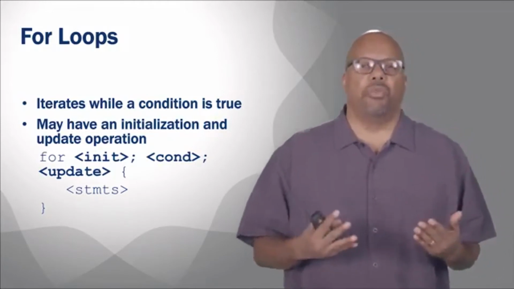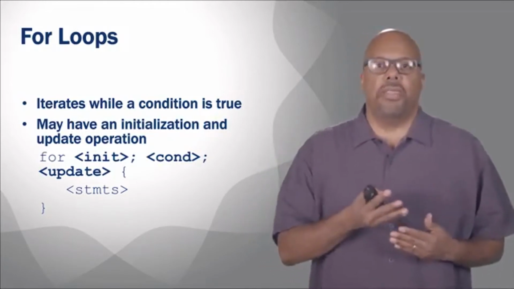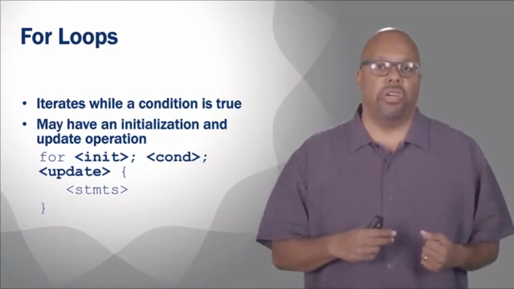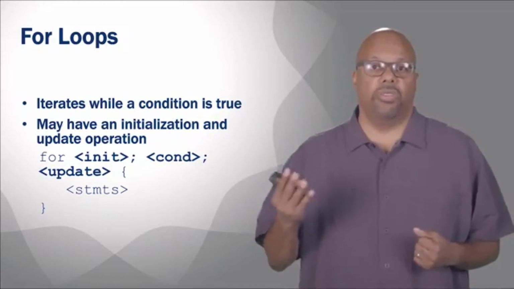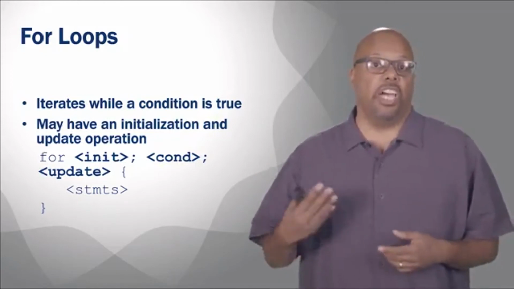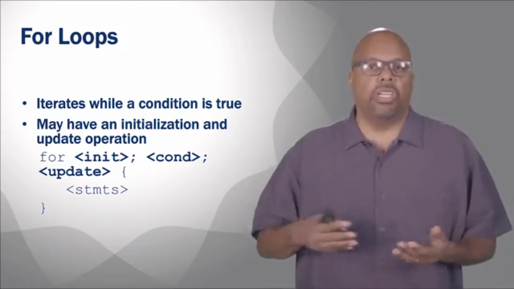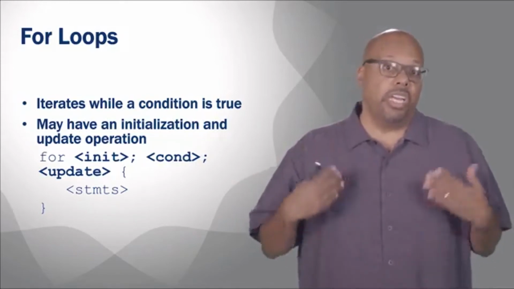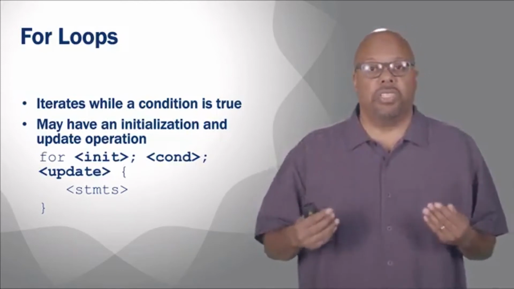So a very common way in which you use this is you'll have some index variable, for I equals 0. Maybe you start off with I equals 0, and you want to iterate through this 10 times. So the condition might say I less than 10. And then the update would be I++, or I equals I plus 1. Right? And then every pass through, it updates that I value, that element of the state.